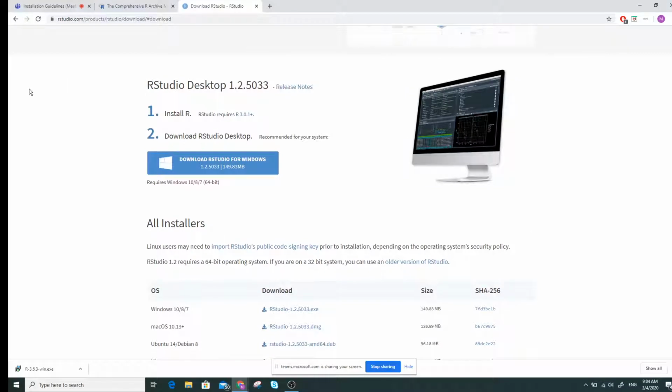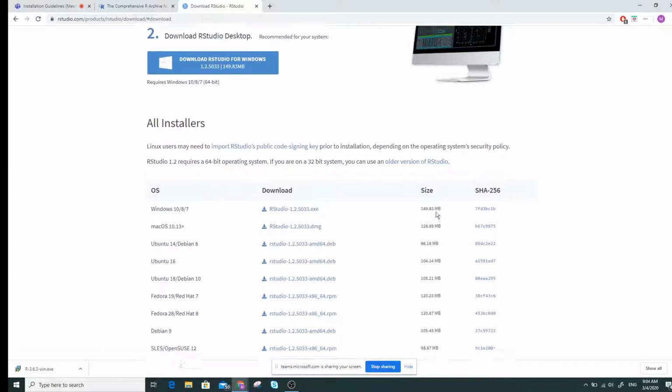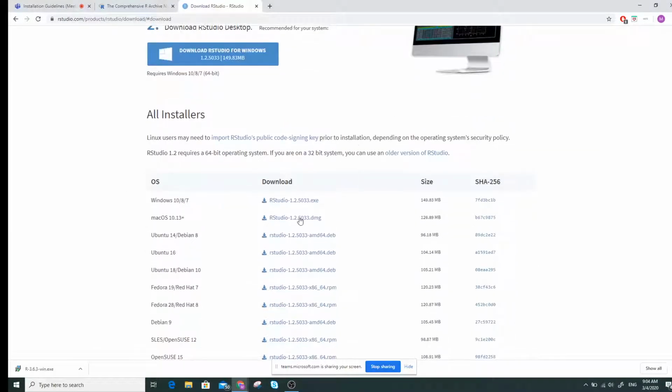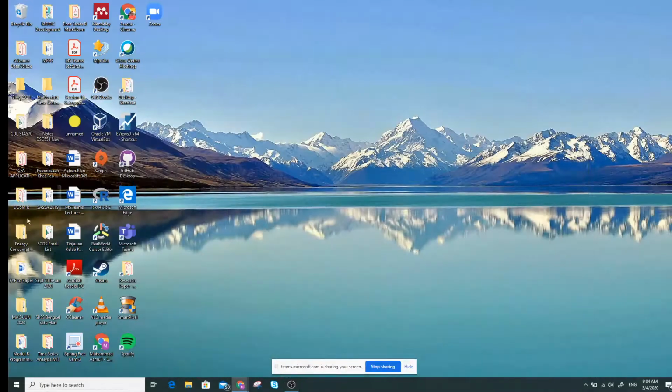The link will direct you to this page, and then choose the installer based on your OS. If you use Windows, this is the installation. After you install both of these,